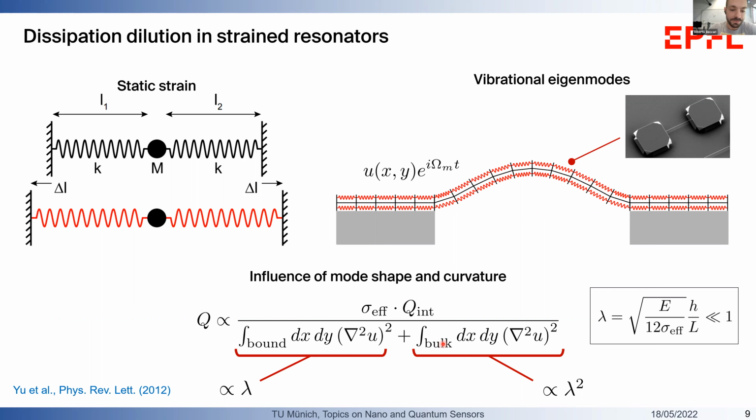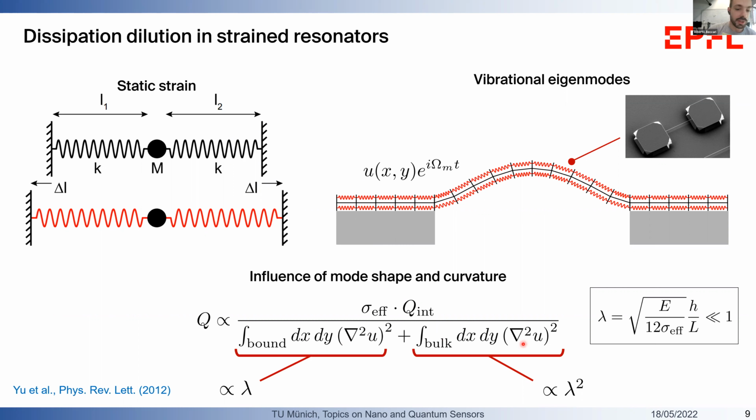mode shape. And here the integral is convenient to split into two different contributions. One part of the integral is carried out close to the boundaries of the nanomechanical oscillator, because close to the boundaries you have sharp curvature introduced typically by the boundary conditions. And then we have a particularly high contribution coming from the clamping regions. And then we carry out the second integral on the rest, on the bulk of the surface of the mechanical